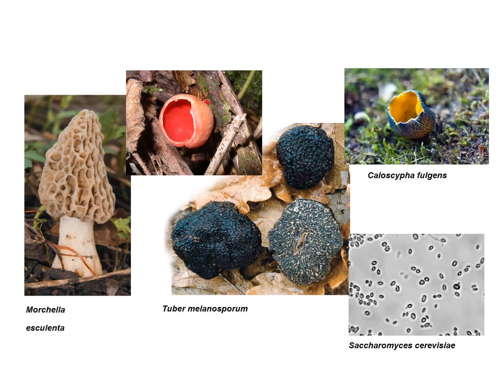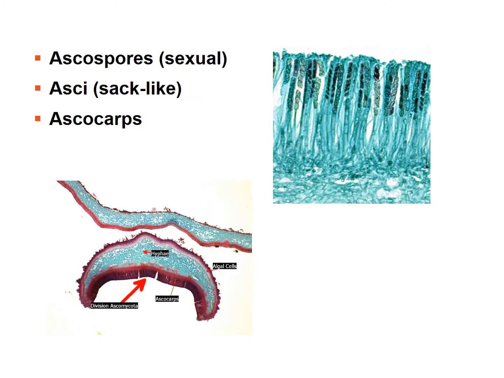Mycota are quite diverse in their size, shapes, and colors. Ascomycota range from single-cellular yeast to multicellular sac fungi as shown here. Now let's move into Ascomycota. During the life cycle, or at least the sexual stage of the life cycle, Ascomycota undergo several stages and they're